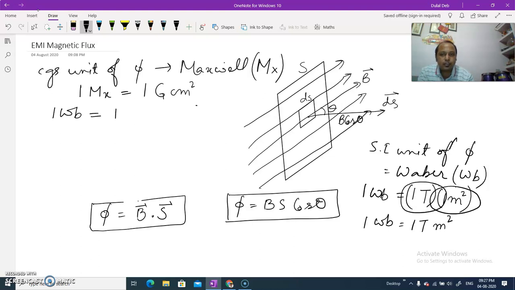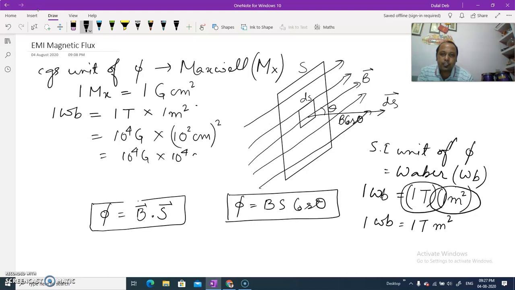1 Weber is written as 1 Tesla into 1 meter square, magnitude wise. We are not taking the dot product, we are taking the magnitude only. We just want to calculate the relation between Weber and Maxwell. Now Maxwell is represented as Gauss centimeter square. So 1 Tesla is equal to 10 raised to the power 4 Gauss, and 1 meter is 10 raised to the power 2 centimeter, but we have a square here. So we take the square, so it is 10 raised to the power 4 Gauss into 10 raised to the